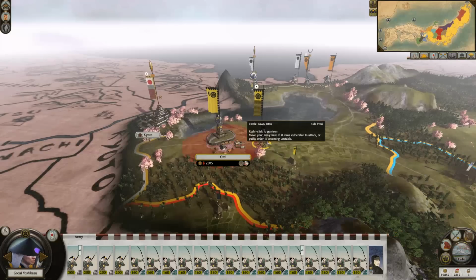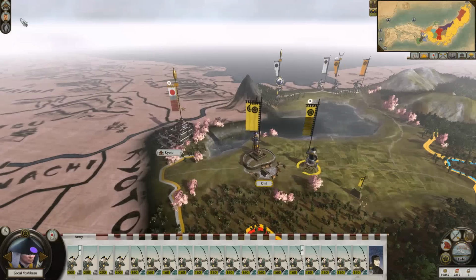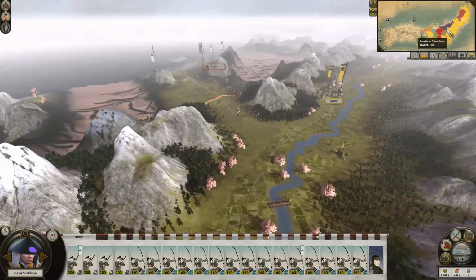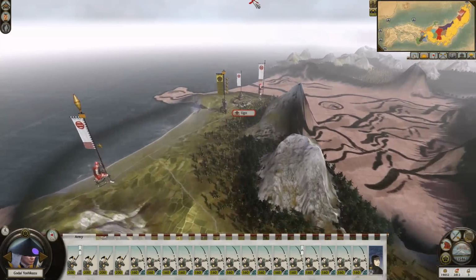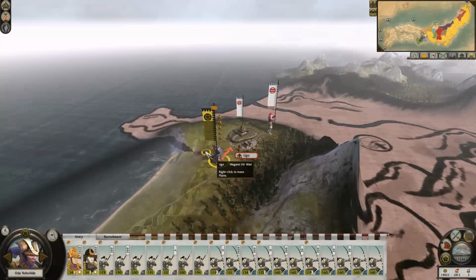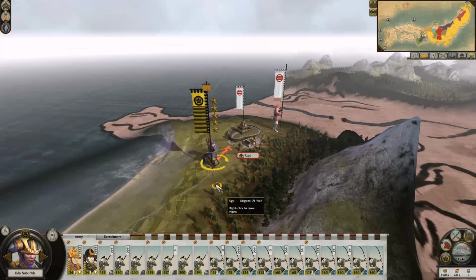Taking Kyoto on turn 5 is not really that impressive as opposed to what Volan did, taking it on turn 1. But the goal of this campaign is not to take Kyoto straight away. It's to take the whole map as fast as possible, which is what we're working on. And taking Kyoto on turn 1 is, for one thing, not possible, I think, with Oda, not even with exploits, and two, not beneficial towards a blitz. Anyway,